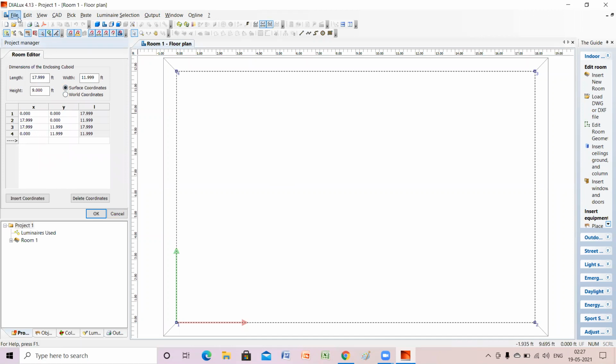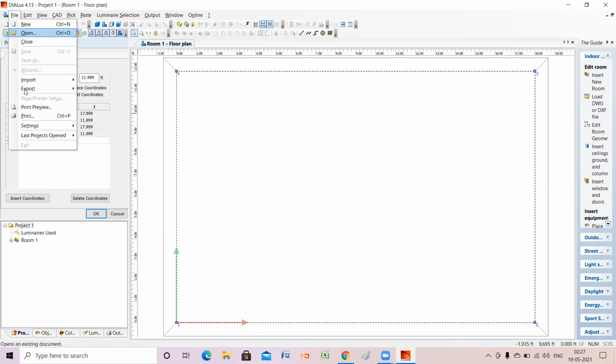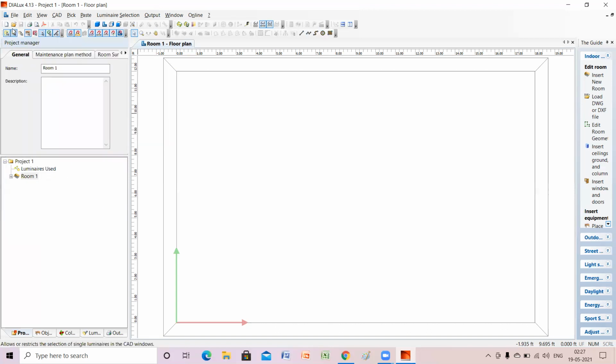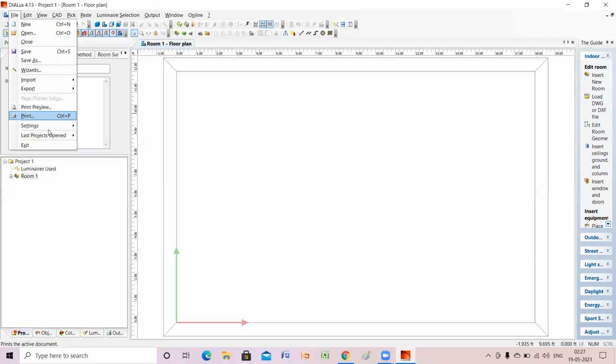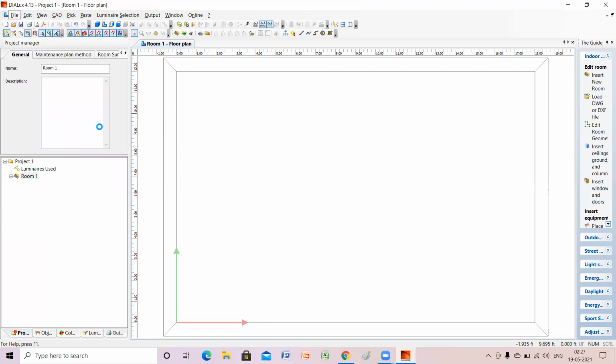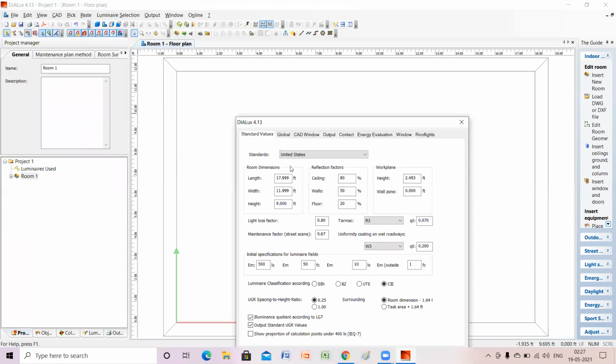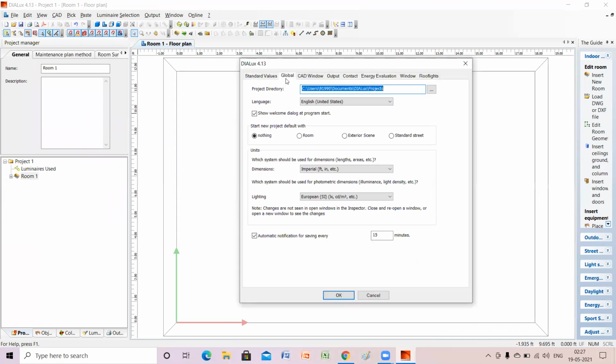And what you need to do, you go to file, you go to settings, you go to general options. In the general options, you see there is a global. In this global, there is dimensions, right? In these dimensions, make it metric system, SI system, okay?